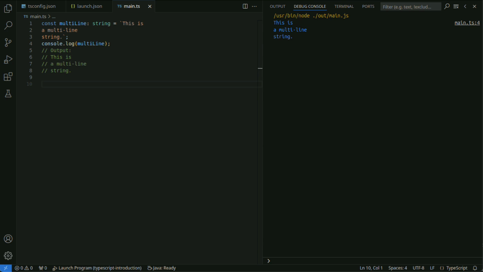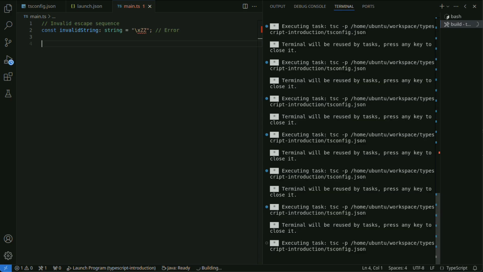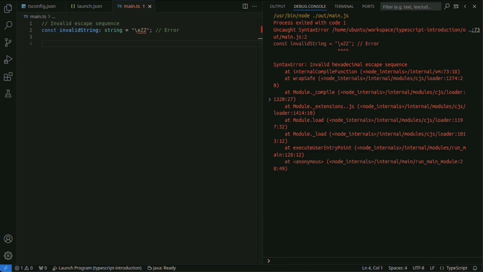In TypeScript, using invalid escape sequences within a string may result in a syntax error. Therefore, it is important to check whether the escape characters are valid. Here is an example of constructing a complex string using escape characters.